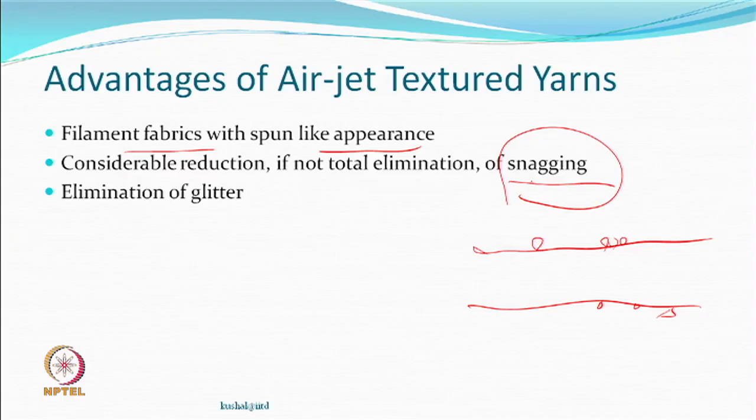Elimination of glitter. Again, look at yourself, whatever you are wearing. 99% of the people in daily life do not wear anything which glitters, shines. Of course, silk is one fabric which you try to use, but everyday people do not use it, only when they want to show. Or you are, for example, at a rock show or somewhere, where the people on the stage and maybe outside the stage want to glitter. So, 90% of the people are hardly glittering. So, only faces are smiling, but not the textile, right. So, elimination of glitter, from where did the glitter come,